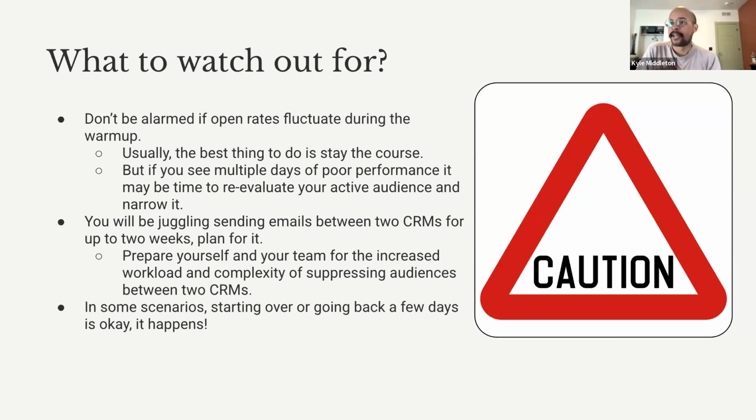You have to stagger your sends. And so on the campaign, what we would usually do is the first send in the morning would go to the new domain, the new IPs. And then anyone who received that first email of the day would be suppressed from our main program as we sent out the rest of the emails. And that's also not easy, to manage lists between 2 CRMs and always ensure you're suppressing the right groups. There's a lot of things going on there.